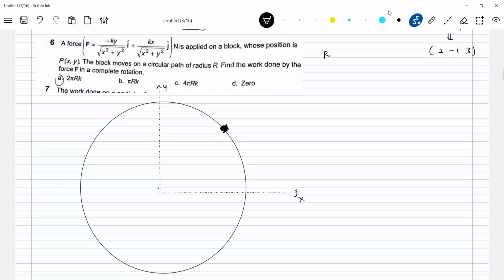It's a circle, no? So I'll define the coordinates. You know enough geometry. So this is x comma y. What is this distance? X comma y, so what is r? R square should be equal to x square plus y square. So this force, what happened? I'll write it in a simplified way so that I'll get some confidence. Is it okay now? It is something like this.